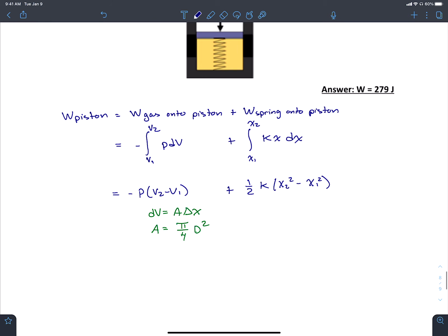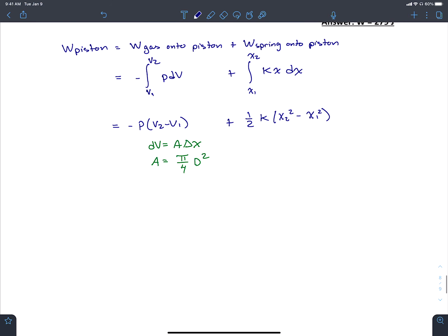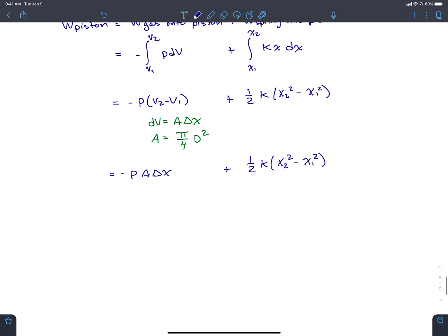The reason why I did this is because we don't know the volumes at each state, so we know that we could just take the change in distance times our area. So rewriting this, we can do negative P A delta x plus 1/2 k times (x2 squared minus x1 squared). And so plugging all this in,